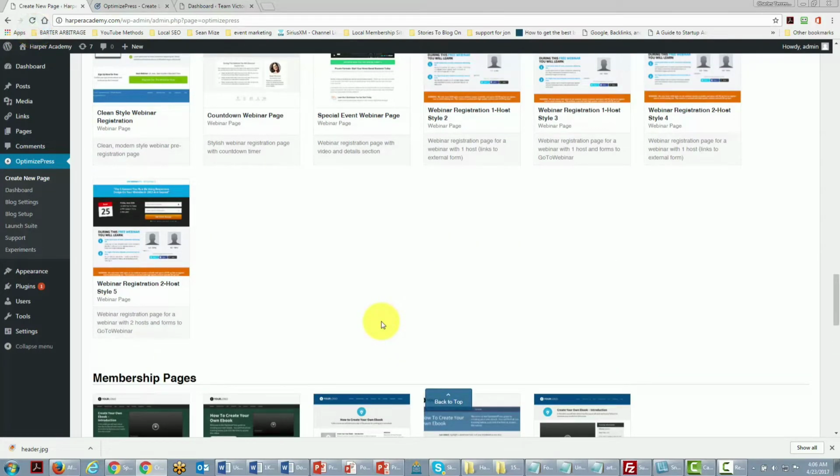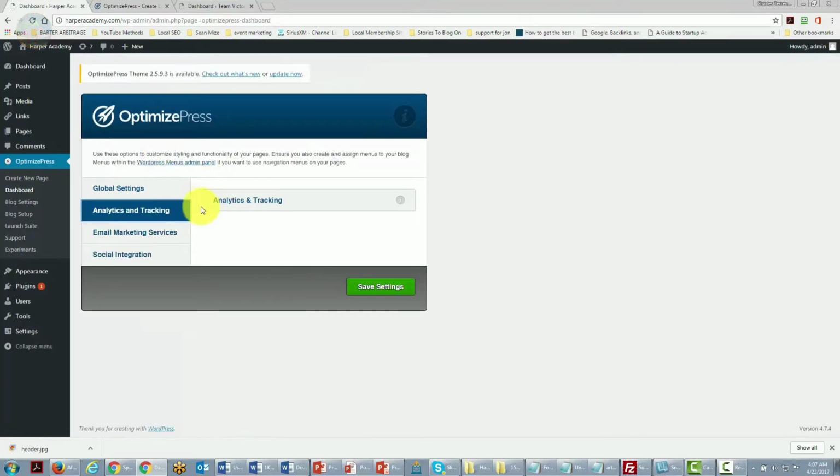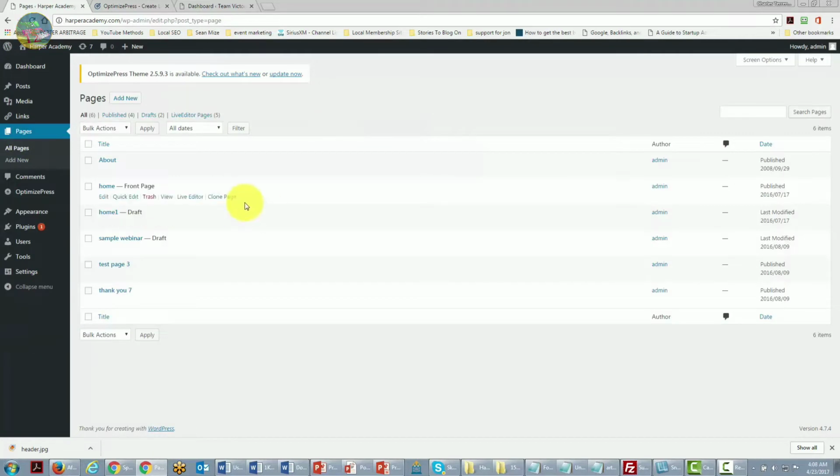business pages. The other thing that OptimizePress does is build into it the email functionality that we have been talking about in other videos, as well as integrations for Google Analytics. And basically everything that you do inside of